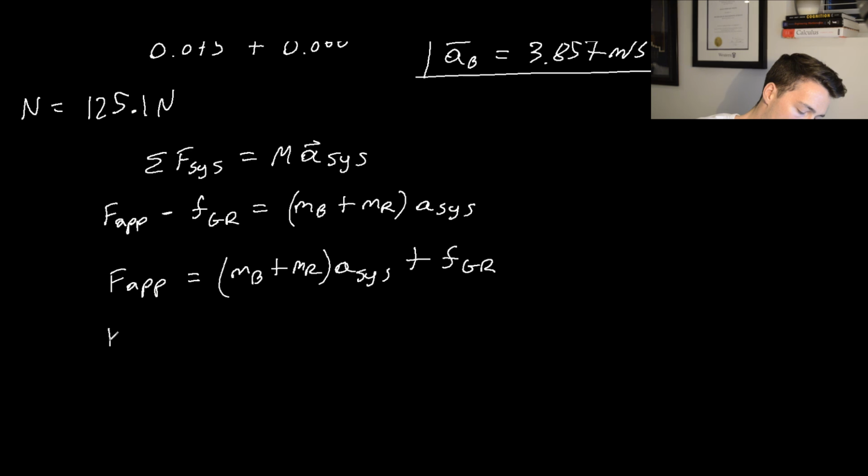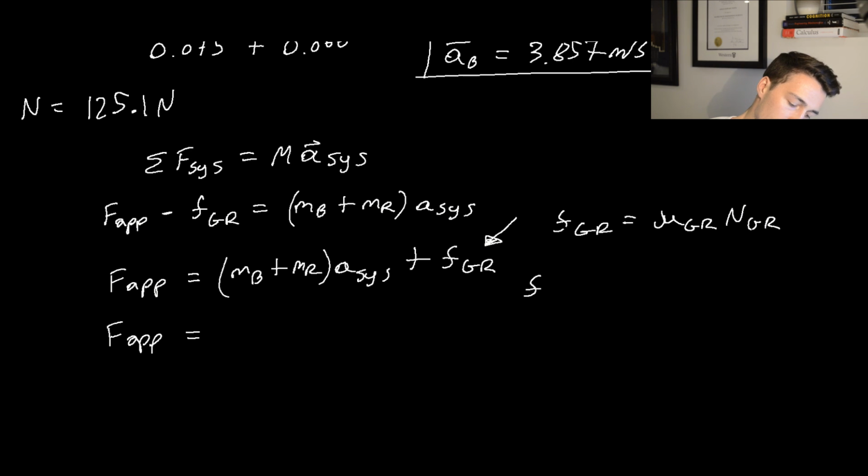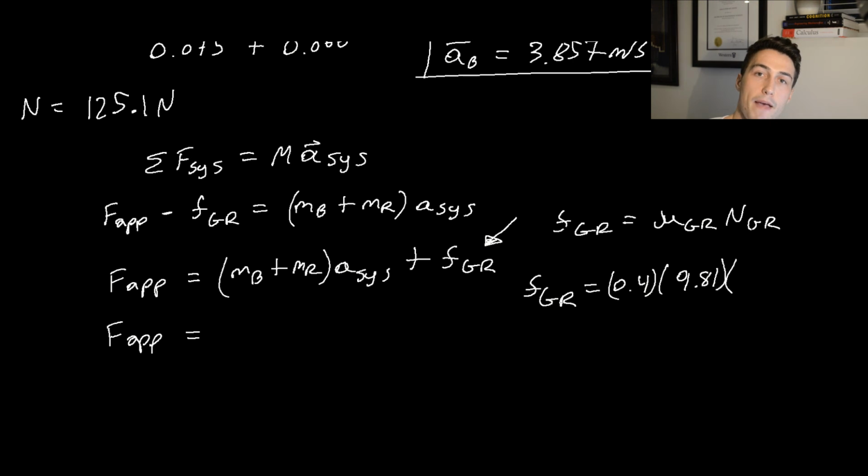Okay. So if we break this component up, FGR is mu gr multiplied by the normal force of gr. So the force of friction from the ground to the ramp is going to equal 0.4, and then this normal force is going to be 9.81 multiplied by both the ramp and the block. So it's going to be 12 plus 20. So we get the force of friction to equal 0.4 times 9.81 times 32. And that is